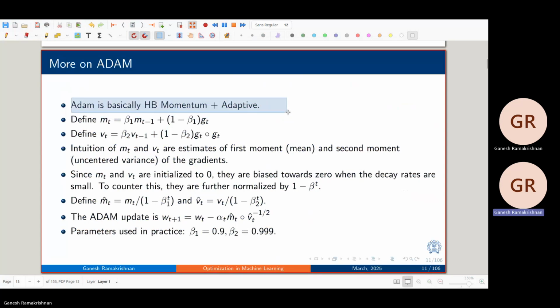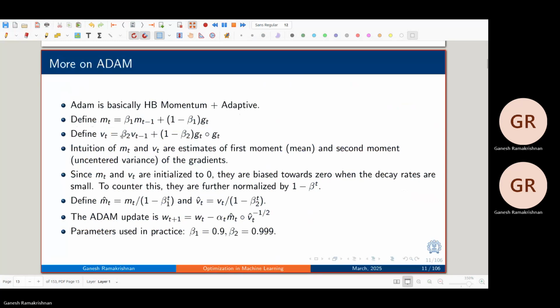You sample a point, then compute. So let's assume Mt minus 1 is 0. Compute the Gt for that step. That is Mt. Vt likewise, as was rightly pointed out. This is going to involve squares of Gts, element wise. This is typically the element-wise product